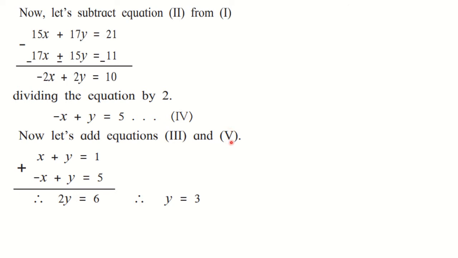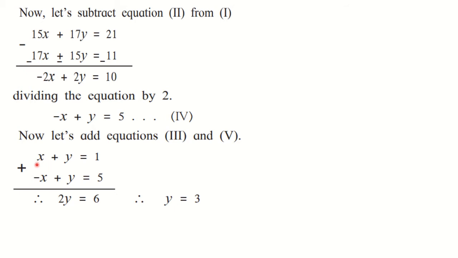It should be 4. This is taken directly from the textbook, so this is a printing mistake. Take a note of this. As I have told you, it is a solved example. So I have taken this directly from the textbook, and here there is a printing mistake in the textbook. There are many printing mistakes. So you have to take a note of that. So we are adding equations 3 and 4 here.